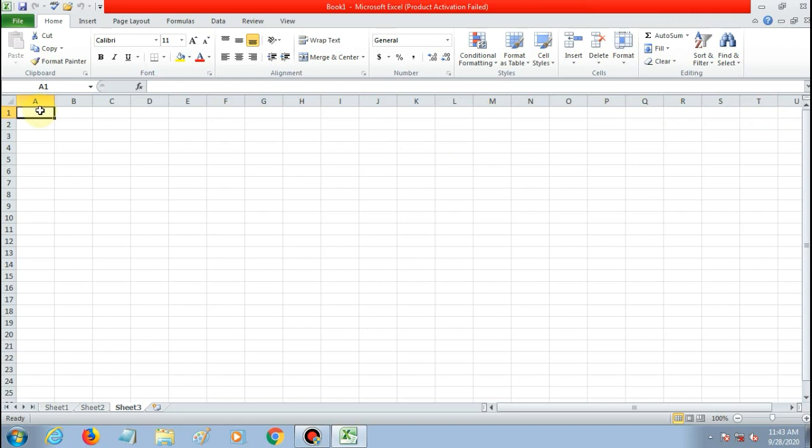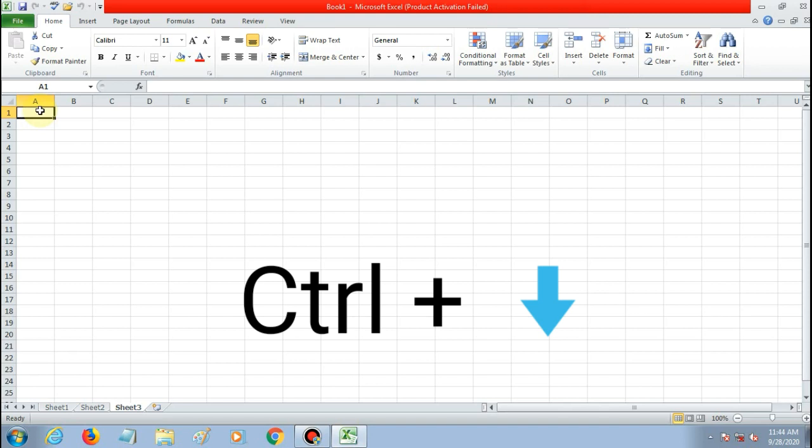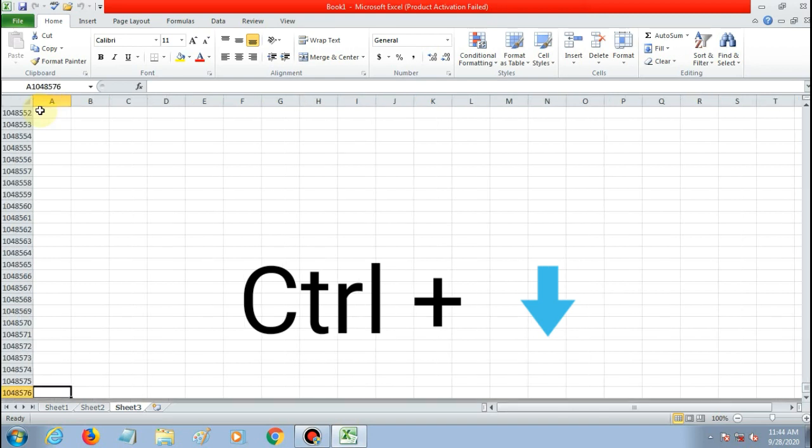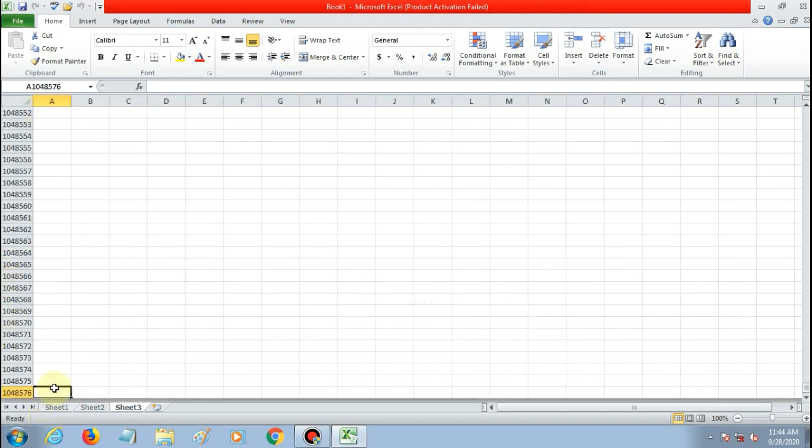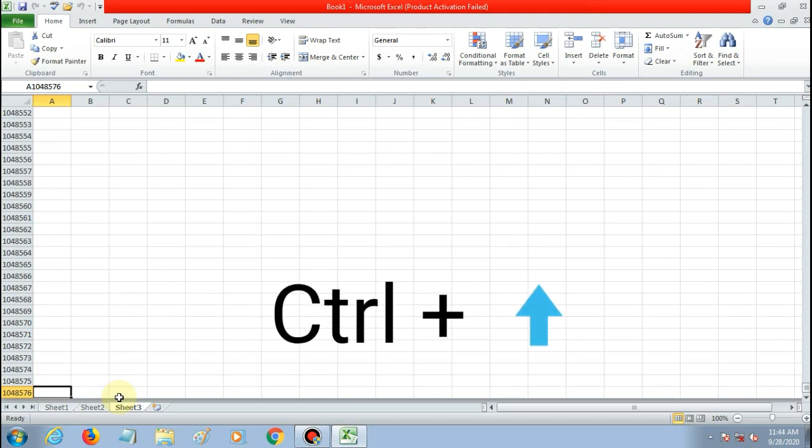Then if you want to go to the last row, then you have to press Ctrl key and down arrow key. You can see here the cell pointer is moved to the last row and the number of the row is 10,48,576.